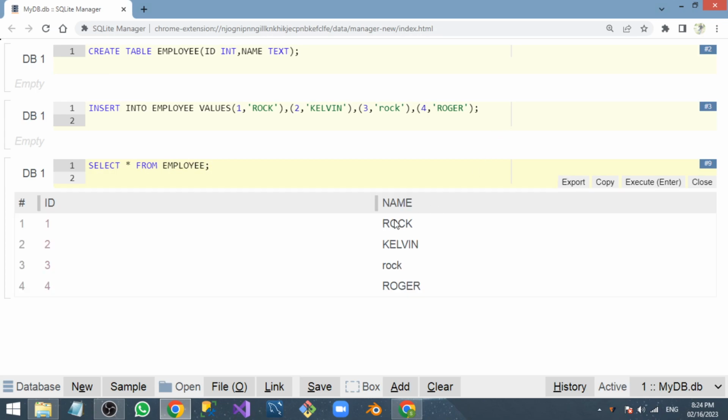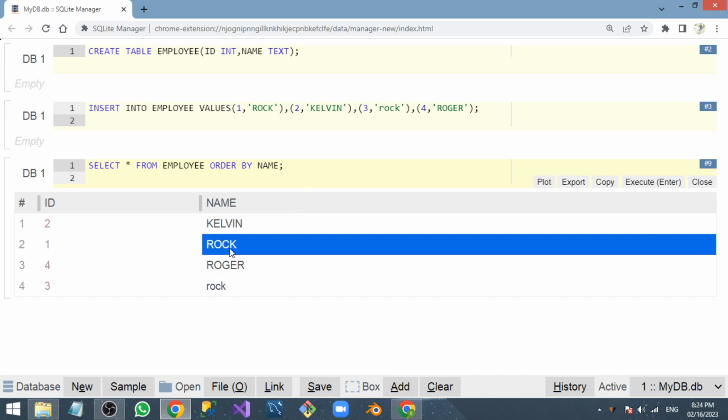So we have a result. It's a simple query and we have a result, right? Now I want to order the name. So for that I wrote the query like this, right? If I execute, the name is ordered, but you can see in the name column, we have two rock values,